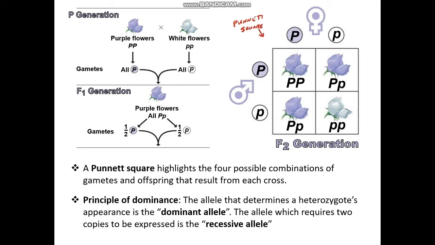So basically, here's our F1 generation purple flowers, right? They have one dominant allele and one recessive allele. Up here, we have the female's alleles. Both of these parents have the same dominant recessive allele set up, so both sides of this square are going to look the same. So we have one dominant here, one recessive here. For the male, one dominant, one recessive. And it doesn't matter which side of the square the males or females are on, the math will work out exactly the same. If we go down the column and we deliver this dominant allele to every square in this column, we will find,